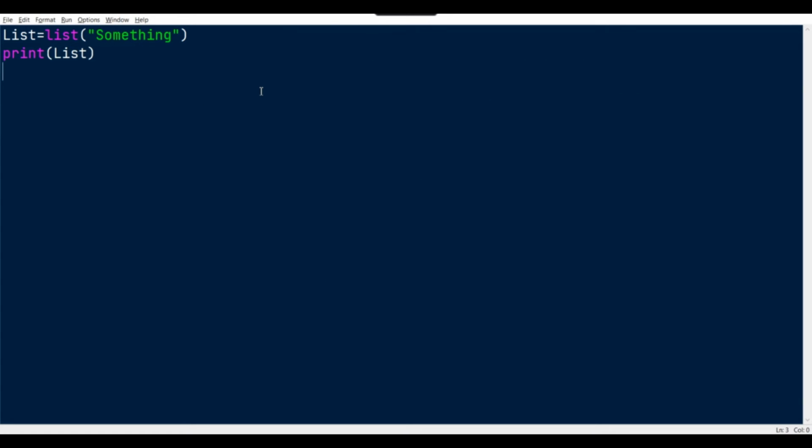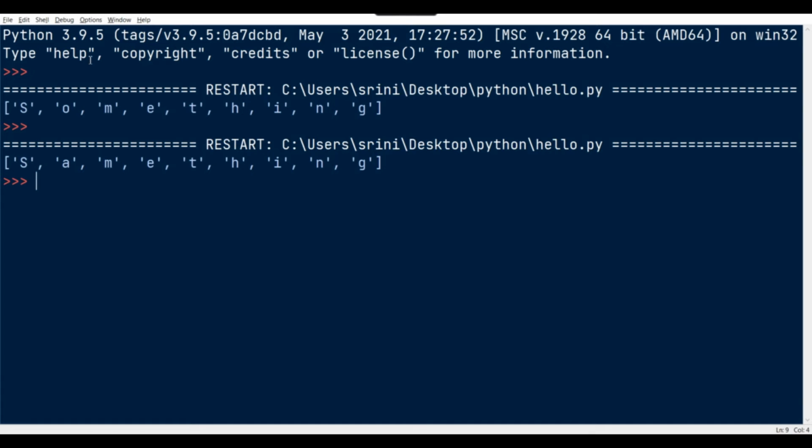We are allocating separate memory for each of the things. So I can easily replace this by list of 1 is equal to a. If I do that, we are getting the same word, which is nothing but something, with the o updated to a, right? This is because it's mutable. Each and every index has separate memory allocation, so we can easily replace everything.